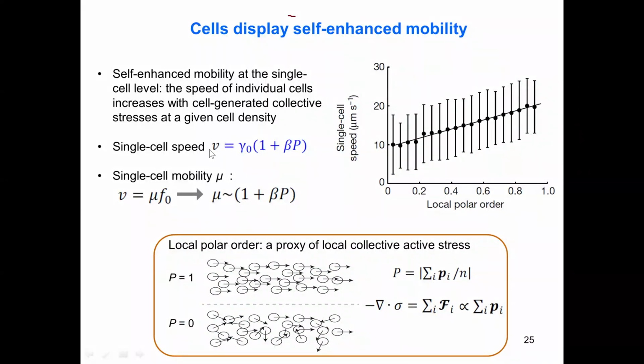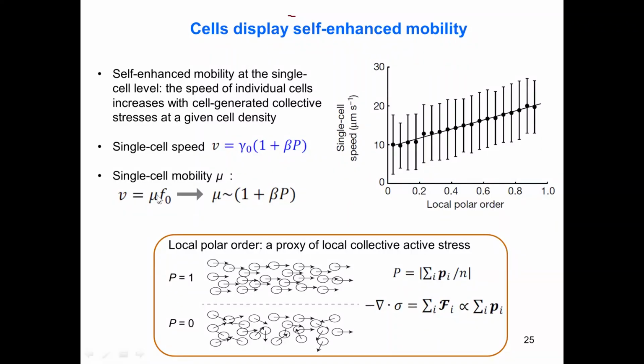If we measure single cell speed and its local polar order, it can be well fitted into a line. So this implies that the mobility of individual cells, which is defined here, mu,